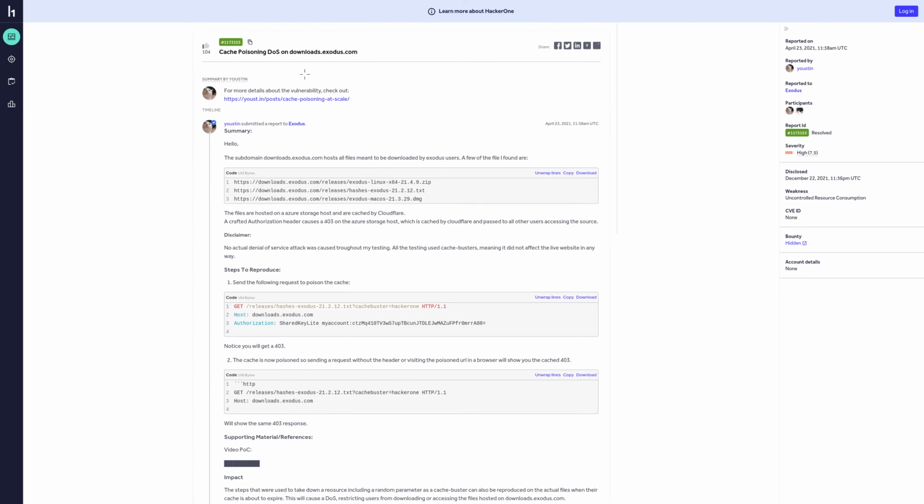So the first report here is our denial of service attack with cache poisoning, and this was found on a platform called Exodus. So Exodus, I think, is just like a cryptocurrency platform. It's like your classic one, and basically they have a website, and they also have mobile applications and a desktop application. So you can obviously download their app from the website, and the way you do that is using this domain